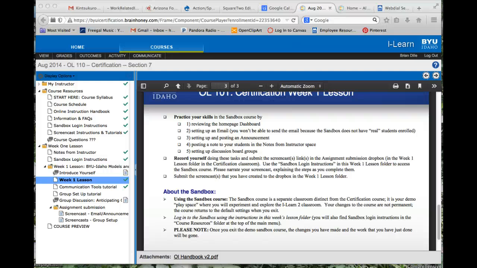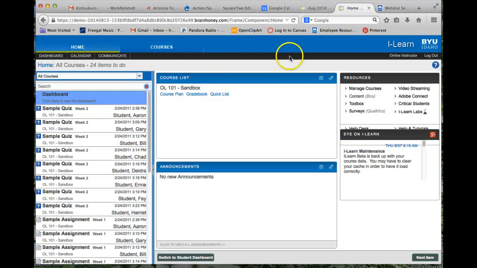This is Brian Dilley, and I am completing the assignment for this week to create a screencast showing that I am able to review the homepage dashboard, send an email, post an announcement, and post a note from the instructor page. So the first thing we're going to do is go to the sandbox here, which I've already logged into,